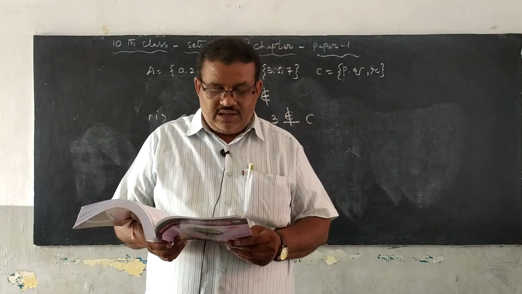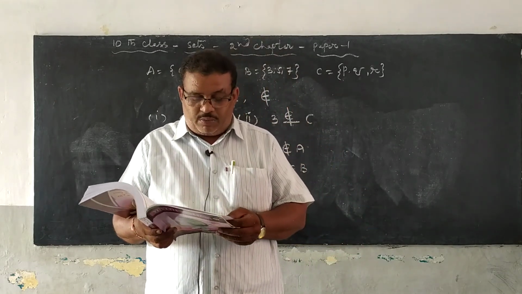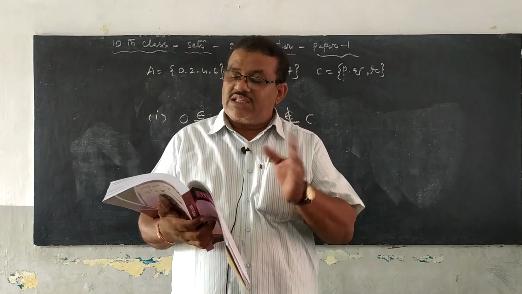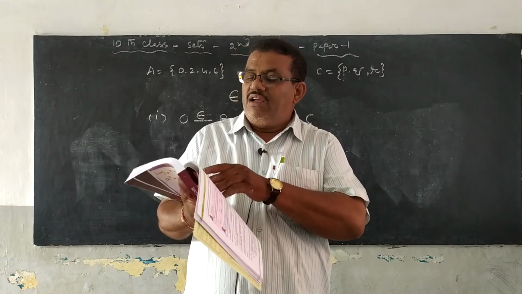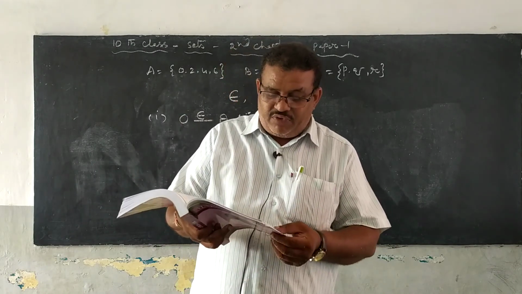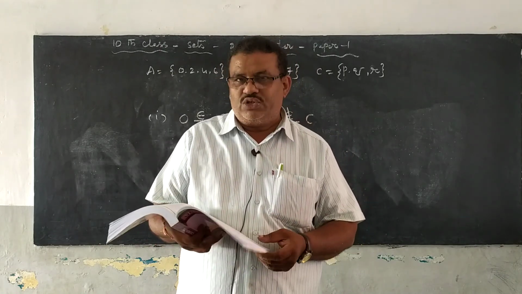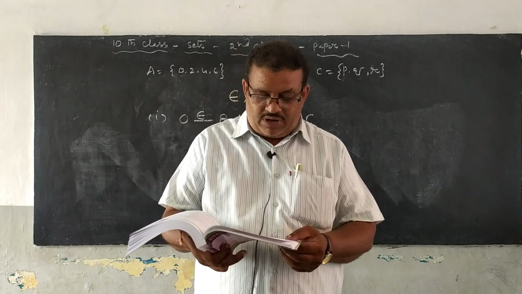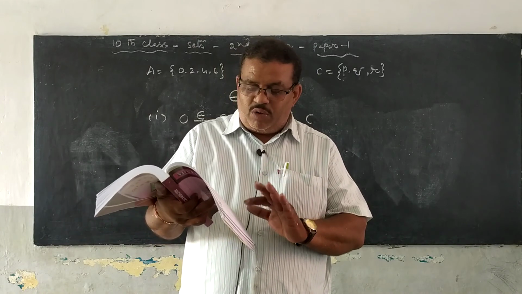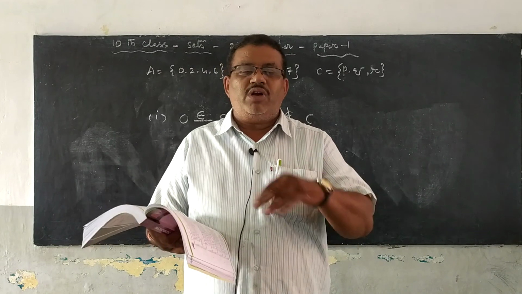These are the 4 Romans you have read clearly, and go to the 5th Roman. The 5th Roman is the same as yesterday's class. In the last class we discussed the roster form and set builder form. You have to practice the 5th Roman. If you write it wrong, tomorrow in class we will correct those notes. Okay children, tomorrow I will say the 5th, 6th, 7th and 8th Roman. Today you have to practice the 5th Roman properly. If it is wrong, no problem, you have to write. Tomorrow I will say the answers.